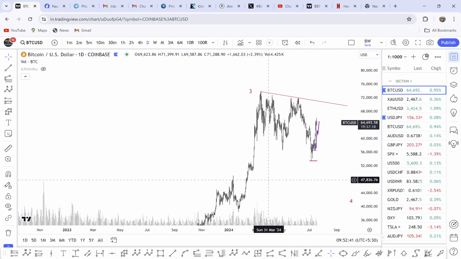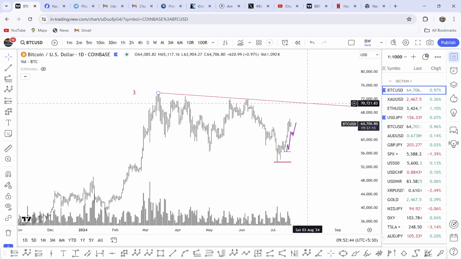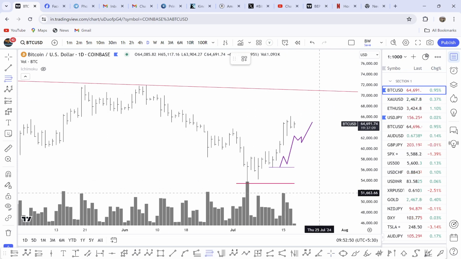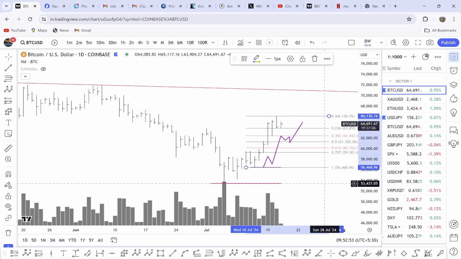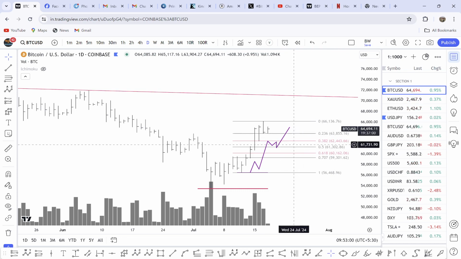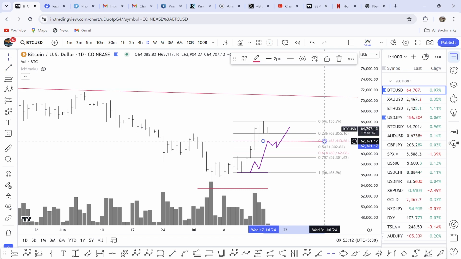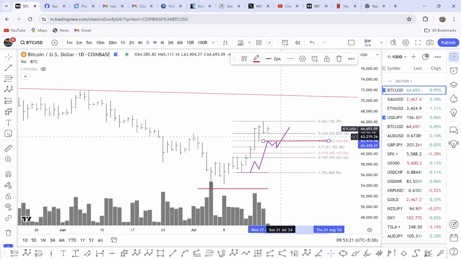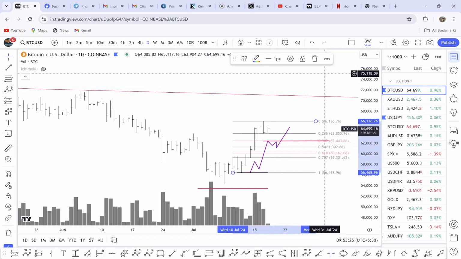Let's see the daily chart. This is our resistance, and any correction level. So we have seen 63,855. If price comes around 38.2%, 62,400, this is a good zone with the SL of 61,300. So $1,000 SL. If price comes around this level, then you can buy for the target of